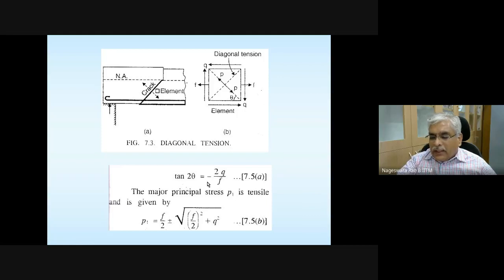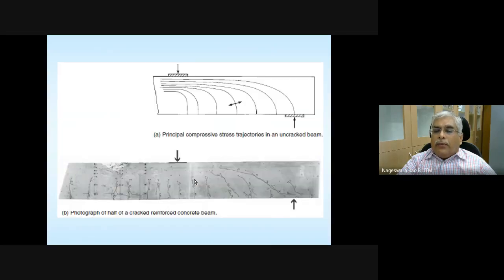Now, is it clear? What is the use of these principal stresses and principal directions, and how principal stresses are calculated from normal stress and shear stress? And what this theta physically infers, all that is what we discussed just now. Anyway, let me go further. Whatever I just explained to you, if you do that exercise for the entire beam, you can draw the trajectories like this.